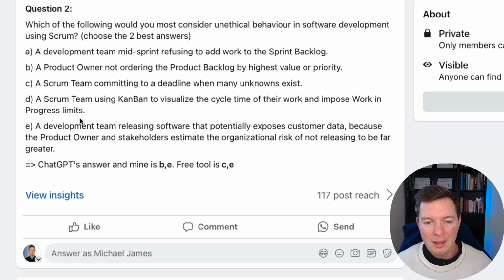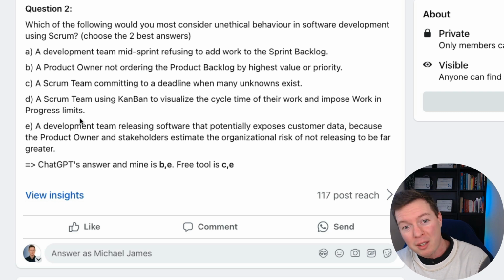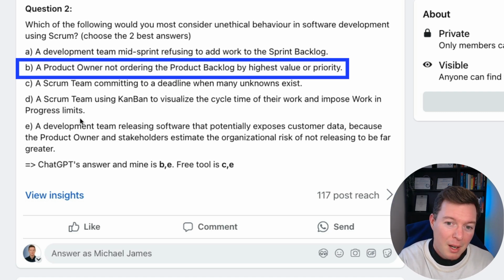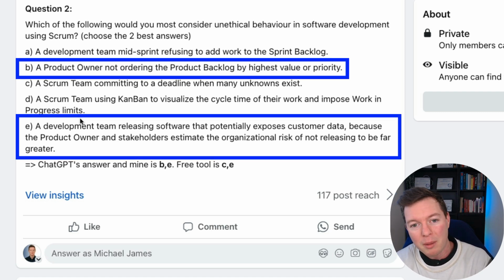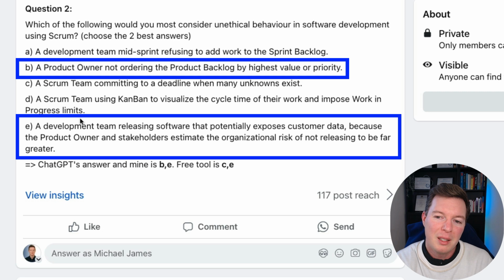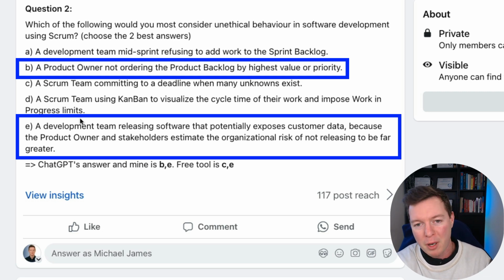Now, that's it. B, I think, in terms of the best answers for which are unethical, B is one of them. And E is certainly one of them. Because the thing with B is that, all else being equal, you obviously want to be prioritizing by value and priority.